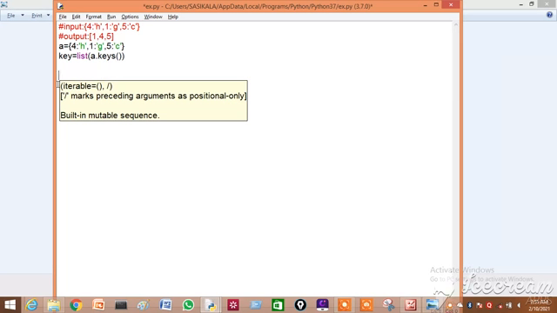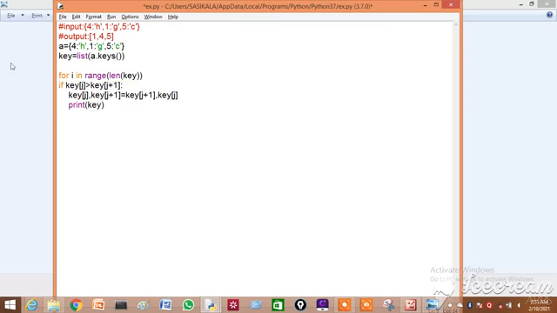For that we should do a repeated process, so we give a for loop: for I in range of length of key.